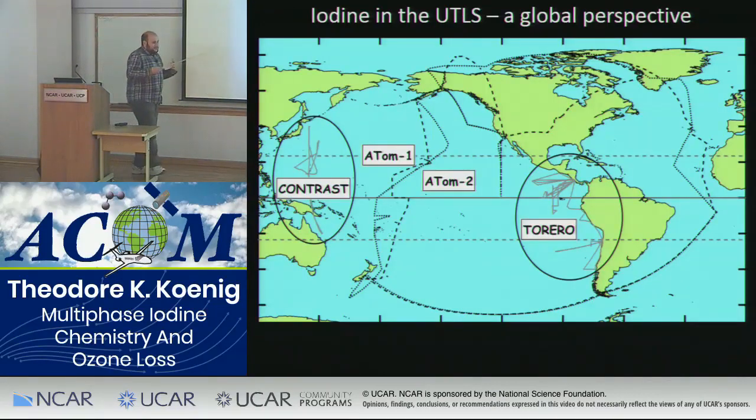We've had those results for a few years, and didn't know how to fully digest and publish them. And then the ATOM campaign happened. ATOM was 4 circuits in 4 different seasons, down the Pacific, up the Atlantic. What I'll be showing here is ATOM 1 and ATOM 2 data, because after they detected some halogens, we did calibrations with Jose Jimenez's group at CU Boulder after the fact, to try and get quantitative measurements of bromine and iodine.